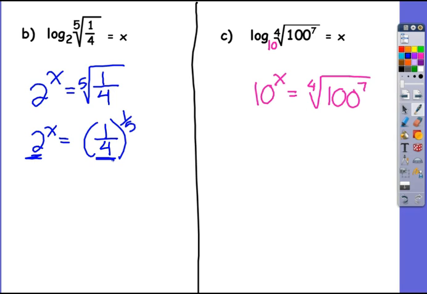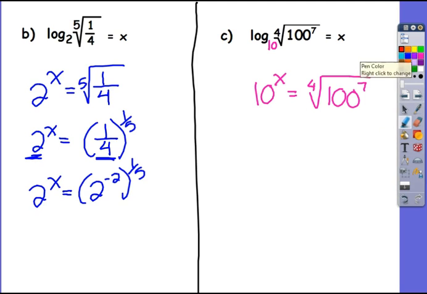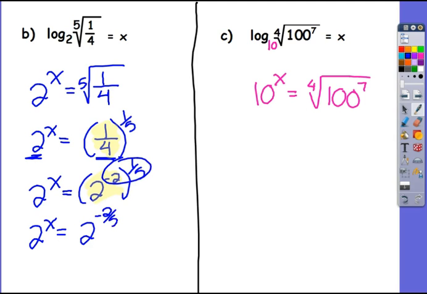So I might notice that 2 squared is 4, which means 2 to the negative 2 would be the same as 1/4. So this is equivalent to this. 2 to the negative 2 is 1/2 squared, or 1/4. Now, again, if I have an exponent raised to another exponent, power to a power, I can just multiply these. And I see that I have the same base, so if these are equivalent, your exponents would have to be equal. So x has to be